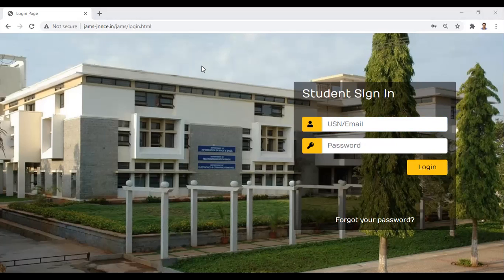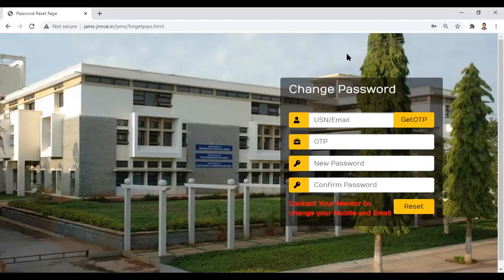When a particular student logs in, his details should be displayed. We cannot display anybody else's details over there. So these things are decided dynamically. When each of the 3,500 students logs in, different information has to be displayed. Whatever you are seeing on the screen, or here when I click on forget password, this is also one such web page.